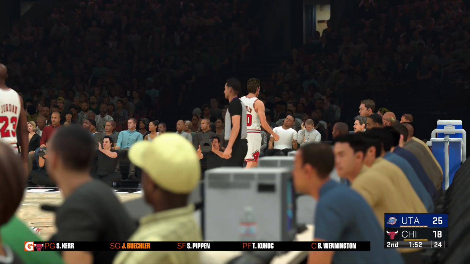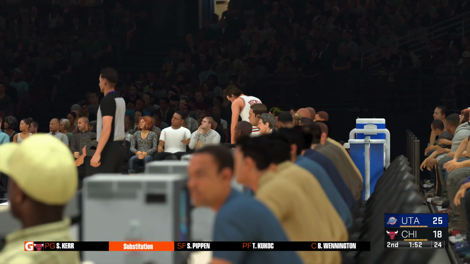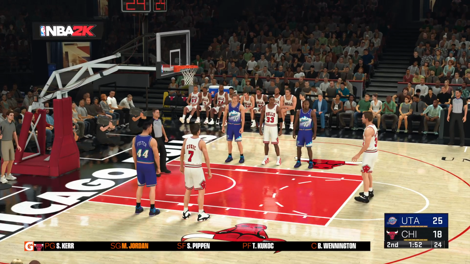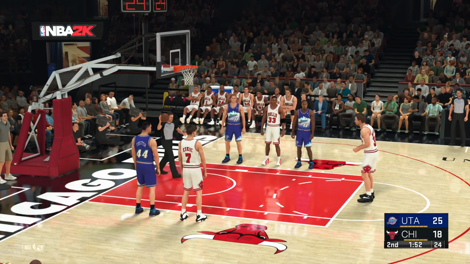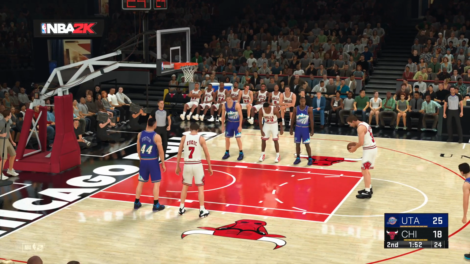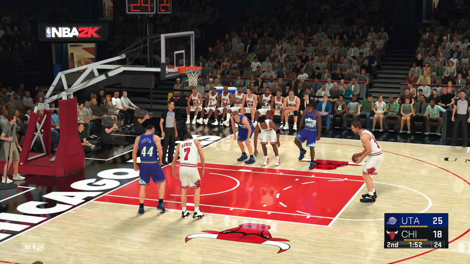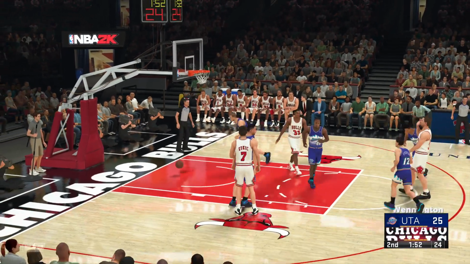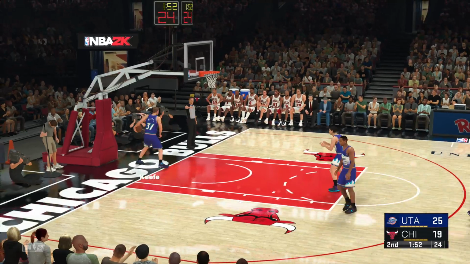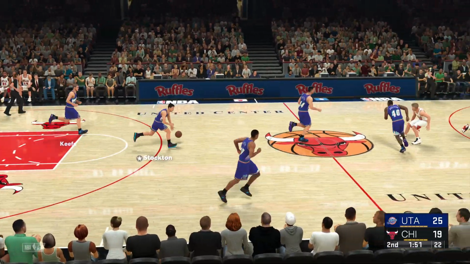Maybe. Michael Jordan is checked in for the Bulls. And he's good on the second. 1:51 left in the first half.